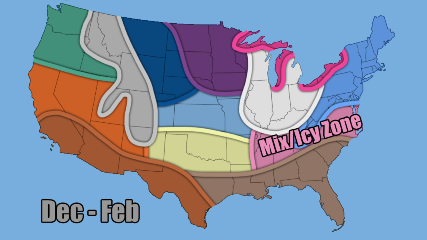Now, a mix and icy zone for portions of the mid-Atlantic and then into the mid-South, where I'm expecting a wintry mix icy zone general region to set up there, where I think a lot of your storm tracks will go through here, and you might get some ice to set up throughout these regions. So this is going to be kind of your winter battle zone, or whatever you want to term it. This is where you're going to be in between the rain and the snow, and you're going to be transitioning through much of the winter, where you're going to be going from, again, rain to snow with many of these winter storms.